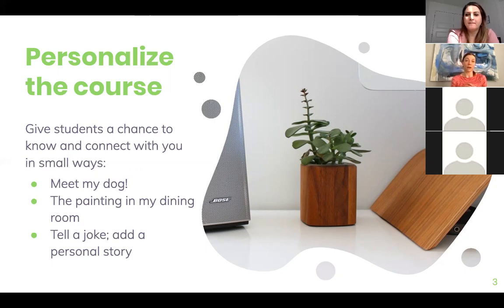So that's a way to make your course your own if you're interacting with the students. Within eClass, you might put in some cartoons, some pictures. You might have a news story or a highlight from the day in your course to make it your own, but just so that students see that there is some of you that they saw in the classroom on eClass as well.